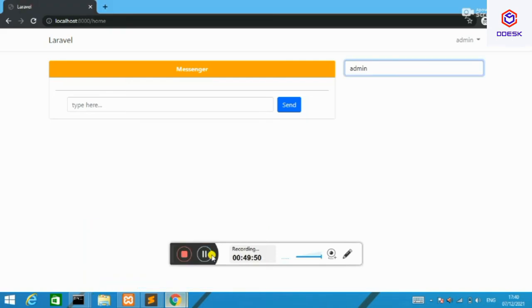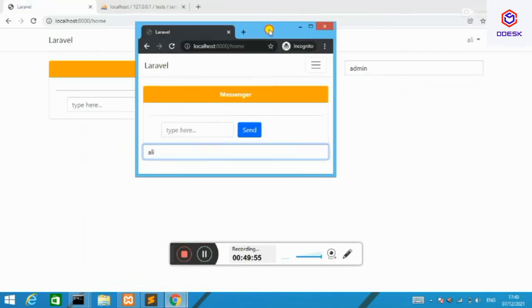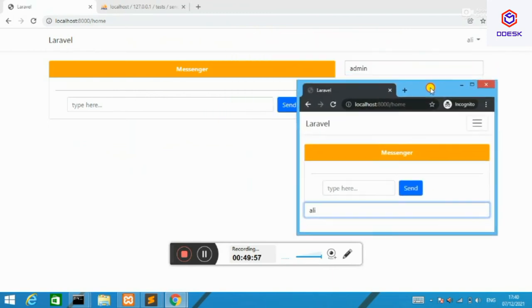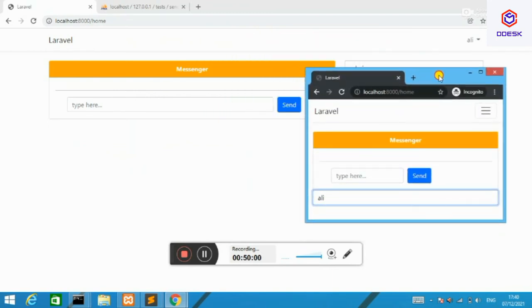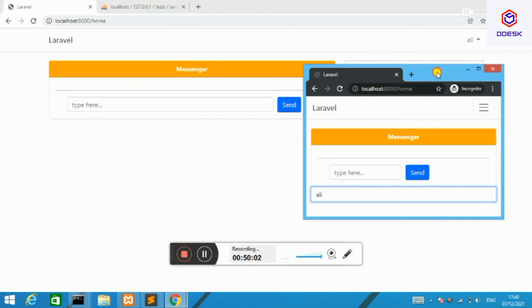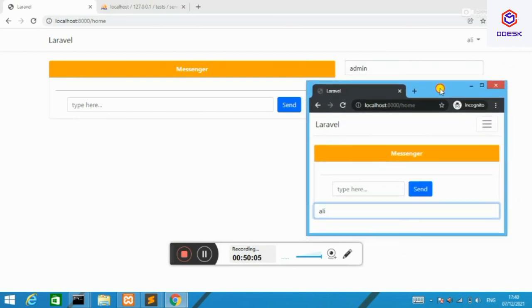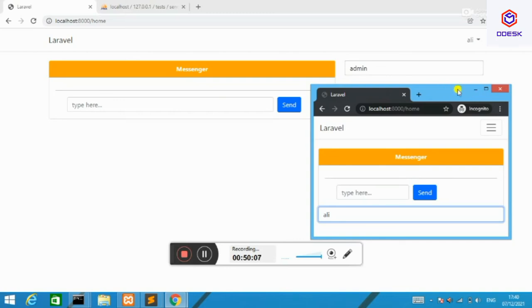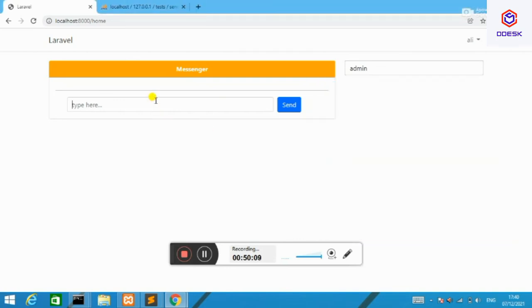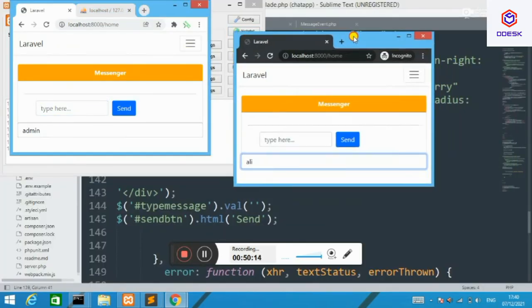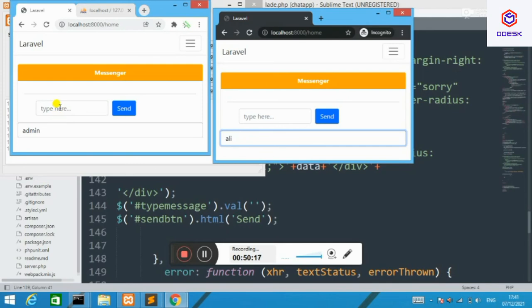I selected the user to whom I want to send a message. I'm resizing my windows into one page. Then I'll send a message so that you can watch the messaging in real time. Here you can see my two windows logged in by two different users, and I'm going to send a message from one user to another.